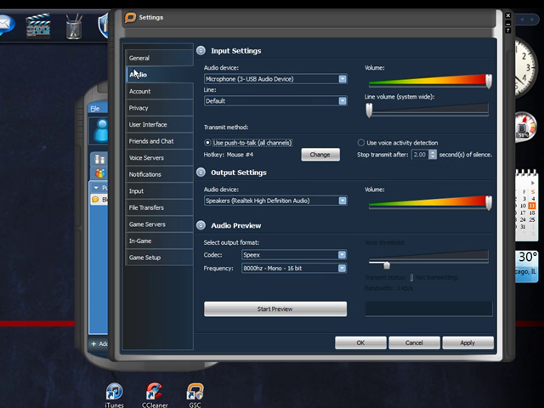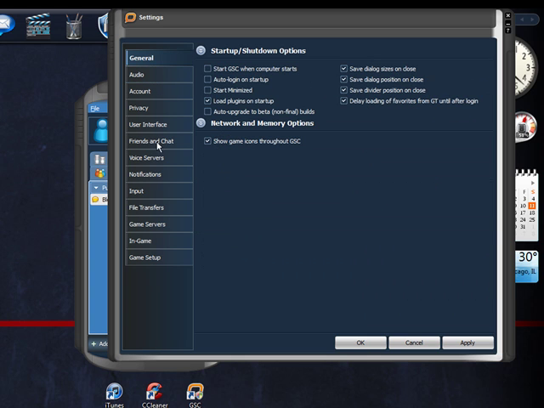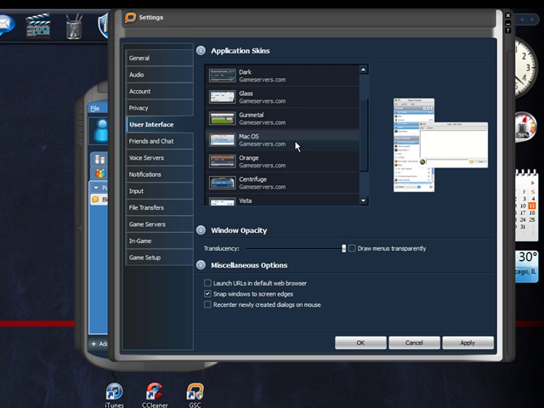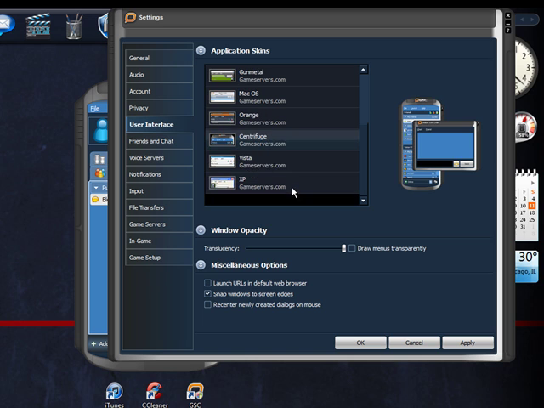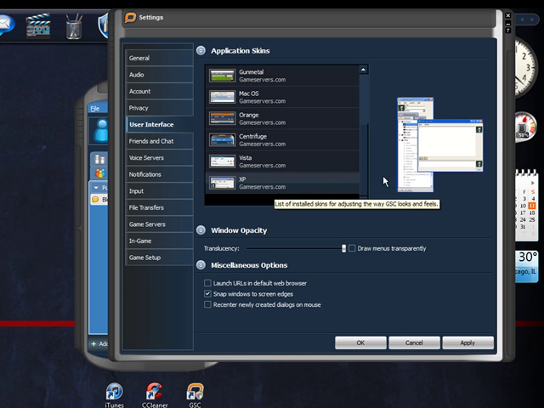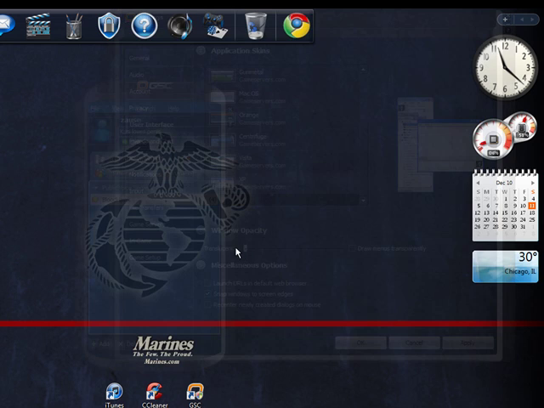Now if you want to change anything with your GSC, you have everything here. If you want to change the user interface to how I have it, I have centrifuge, and you can change it to whatever you want. It's pretty neat, honestly. I like it a lot. This is what you're going to see first. If you're on XP, that's what you're going to see. Anyway, I control the opacity,